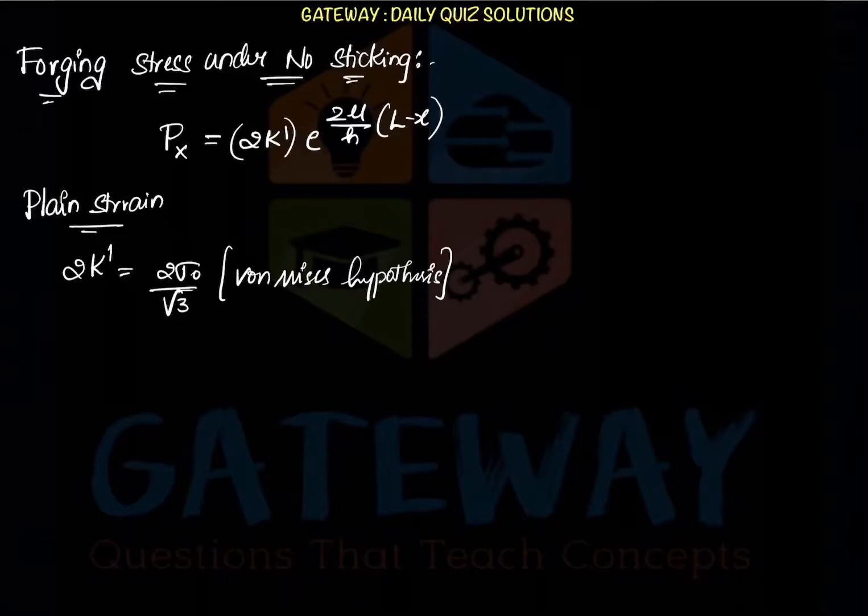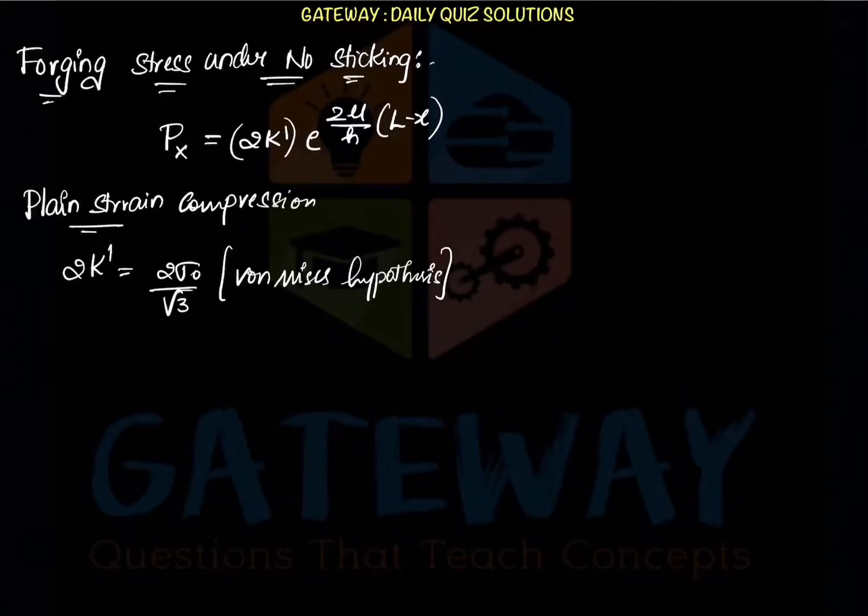Here, due to time limit, we will not discuss what exactly von Mises, what exactly is Tresca, what is plane strain, what is plane stress. That all we will be doing in the concept series. For this, you need to refer to some standard textbooks, and these types of problems will be very easy. For the rectangular plate, we will be using von Mises. Generally, for deep drawing cases, we will be using Tresca, nothing but the plane stress conditions. There we will be having tensile stresses acting. So here 2k dash, this is a plane strain compression case.